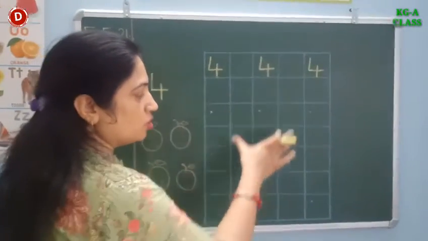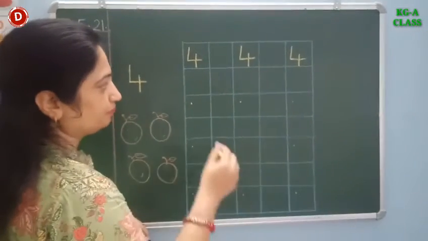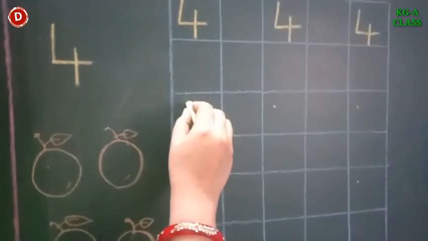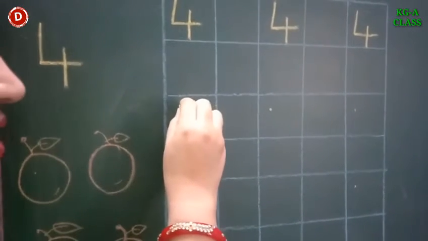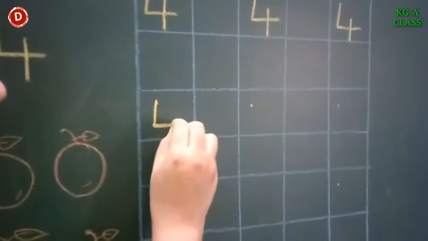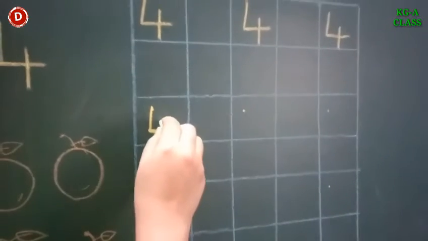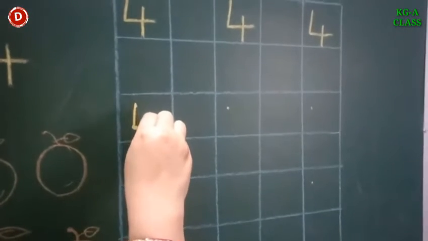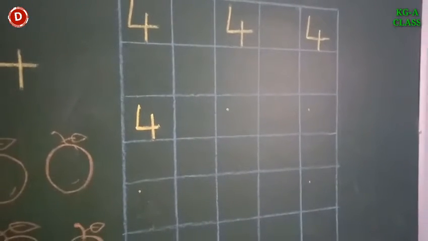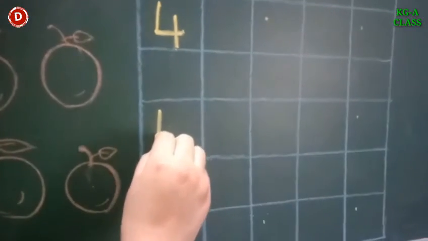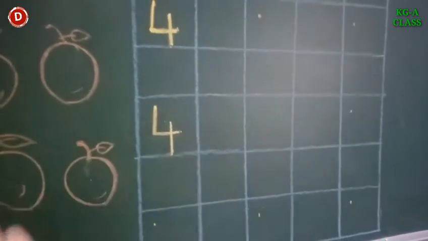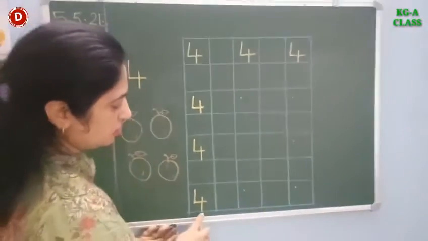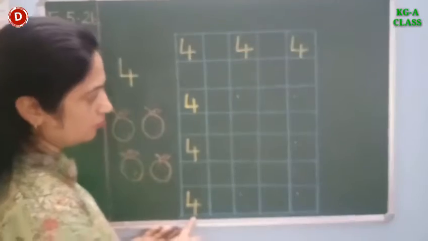Now how will you write in your notebook? See, I have made some blocks. You have to leave some gap from the upper line. Okay children, now put your pencil on the dot and make a standing line and then a sleeping line like this. Then remove your hand. Then again go up before this sleeping line and make a standing line and cut it like this. In this way you have to make number 4. See, look here again. Standing line, sleeping line and cut it like this. Speak and write number 4. Standing line, sleeping line, cut and touch the blue line. In this way you have to write number 4.